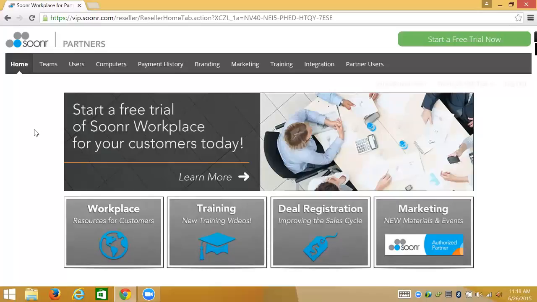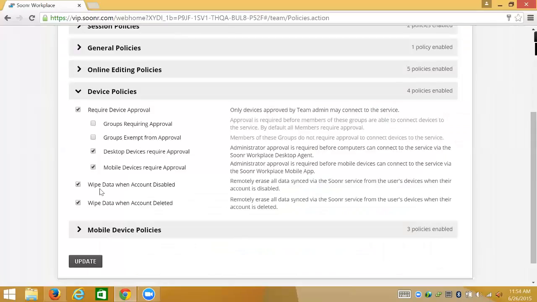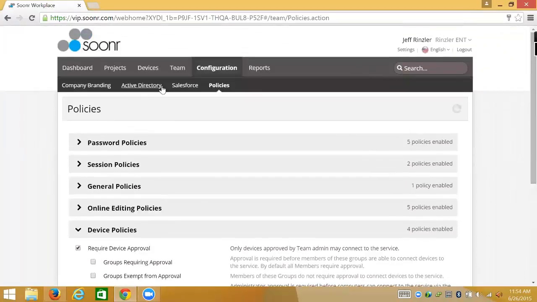And if anything comes up that you have questions on, don't be afraid to ask. Remote wipe those devices that have been authenticated by the admins, right? And by the way, if you needed to remove a user